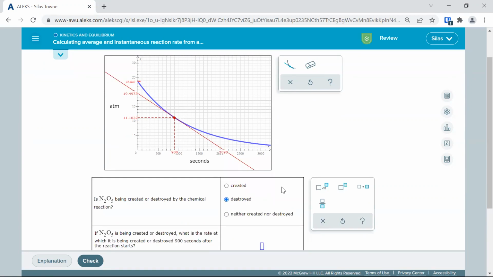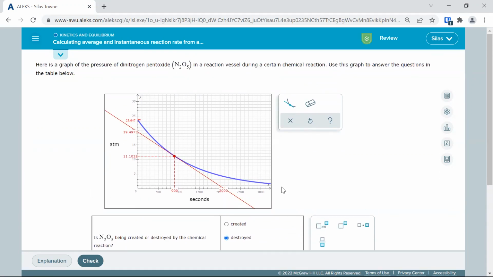So the first thing we're going to do is find the instantaneous rate, which we do with our tangent here. At this instant, the slope of the graph, we're drawing a tangent line. We can see how much pressure per second, so this is the pressure change per time. We put in our change in pressure over our change in time, which is 2090 seconds. So we get atmospheres per second. Plug that in and we get 0.00933